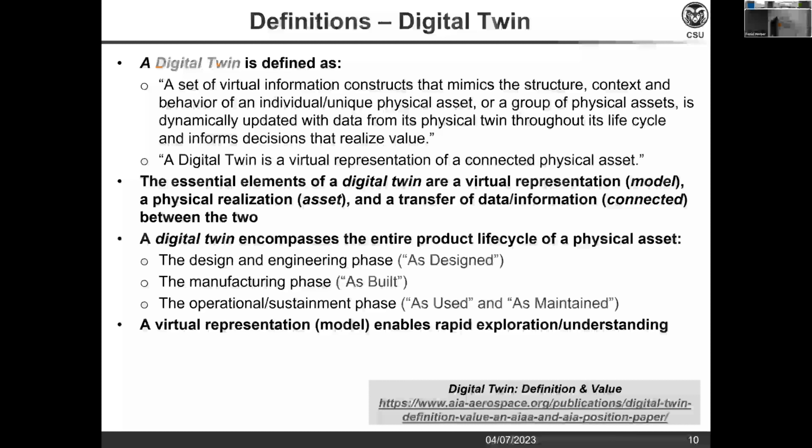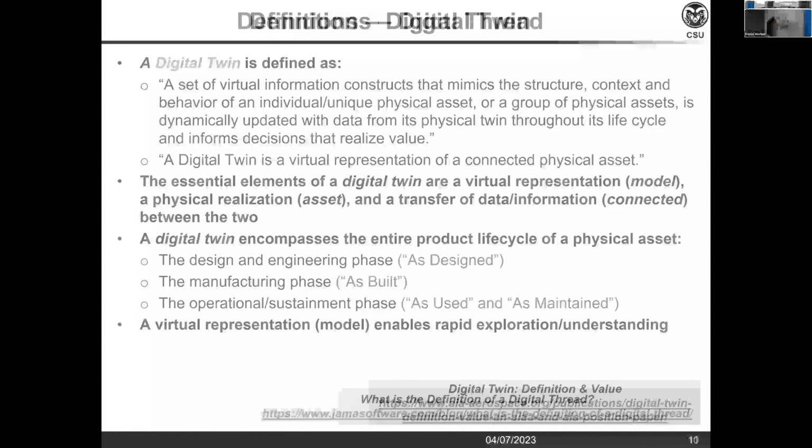Now, why do we want to do this? One key aspect of having a virtual representation or model of our physical asset is the ability to do rapid exploration and understanding of our system. We might be able to try what-if scenarios more effectively, at a lower cost and lower risk level, by having a model representation of our physical system. We might identify errors more quickly through this virtual representation. We might communicate what the system is and how it's supposed to operate more clearly with the virtual representation than by giving someone the physical thing and saying, good luck making it work. There's lots of value that a digital twin might bring.